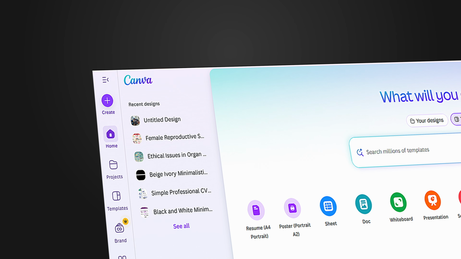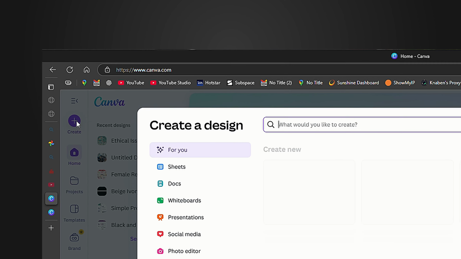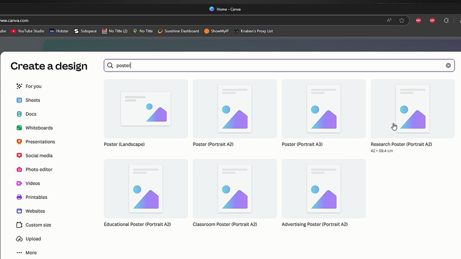Now that you have the information part sorted, it's time to make your poster from scratch. For this, I'd recommend an app or website called Canva. You must have definitely heard of it. It's a very beginner friendly app and it's very easy to use. Start by creating a blank page, write poster, select 3:4 ratio, portrait or landscape, whichever your professor has told you to make. If you don't know, just ask your professor which orientation you should go with, or choose whichever you think is the best for your topic.